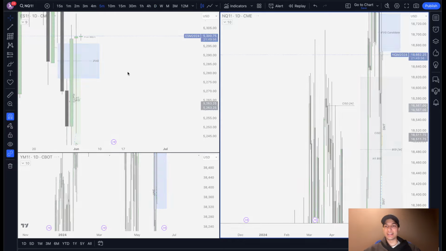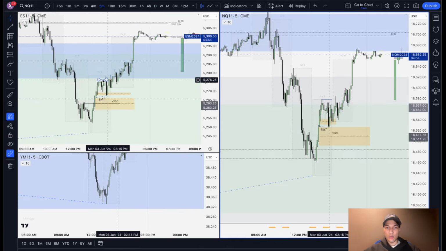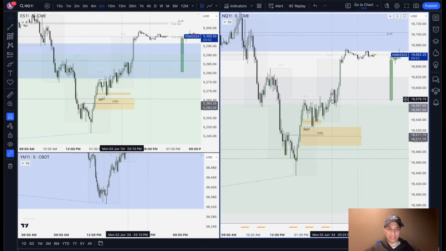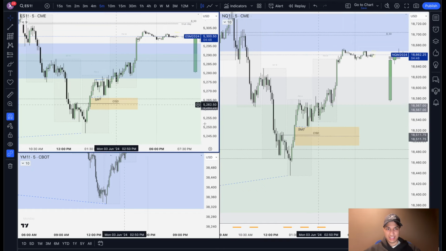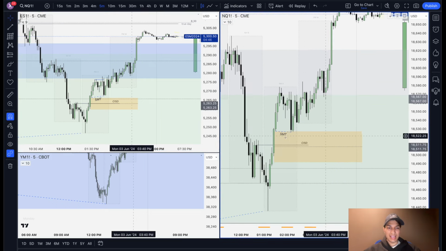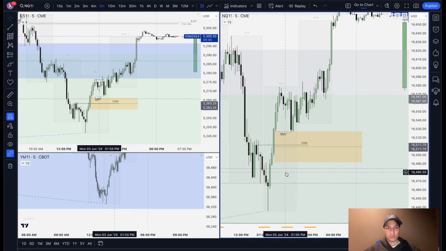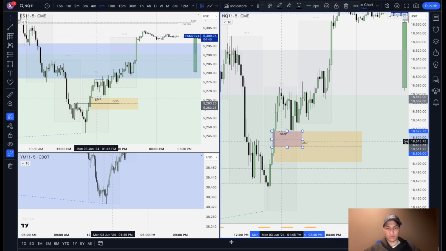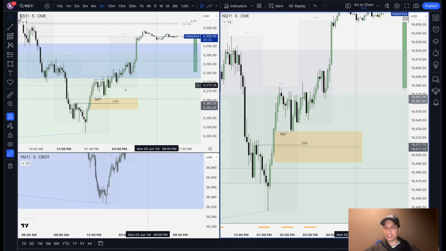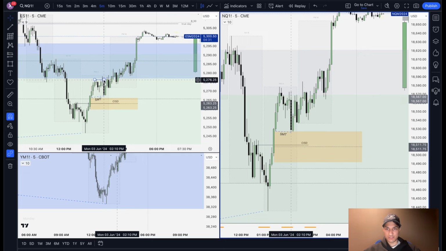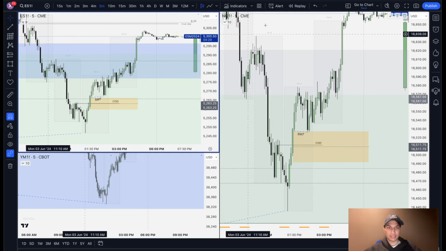Now, in the lower time frames, I just saw there was low-hanging fruit on the NASDAQ, so I traded into that. So once I saw this SMT divergence inside of my key level, I took my entry just in that, which also corresponds to this 5-minute fair value gap or this 5-minute fair value gap, and I like to take entries usually on the 5-minute chart, so I didn't feel the need to refine this down any lower time frames. I was more than comfortable entering, targeting this high and this high,